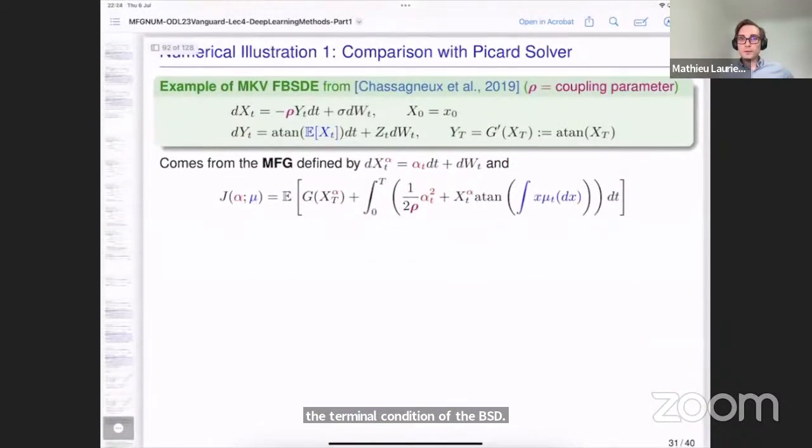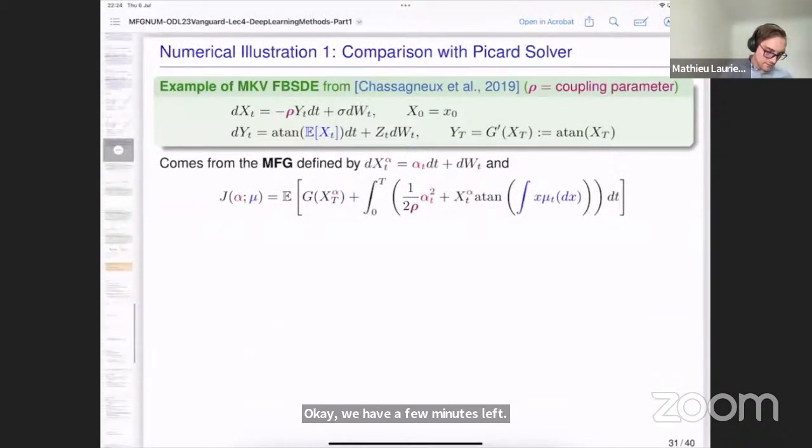Okay, we have a few minutes left. So let's see how many slides I have. Okay, maybe I just go through these slides and then I leave some time for questions, or I can show the code if we have enough time. So I'm going to show two examples. One is borrowed from a work that I already mentioned of